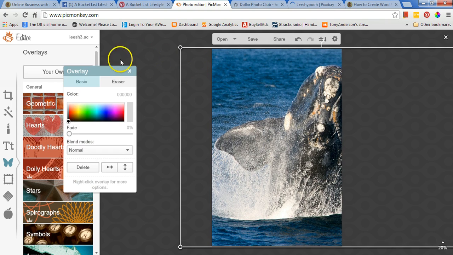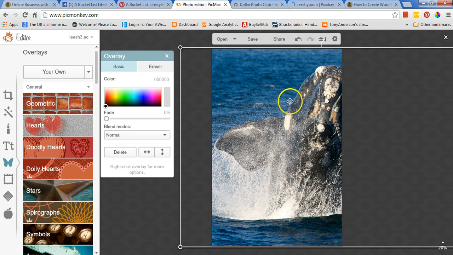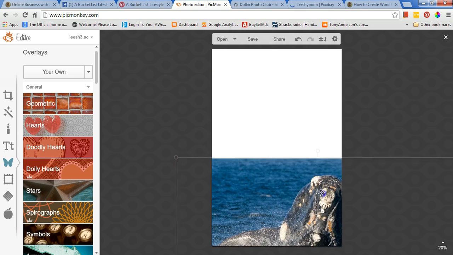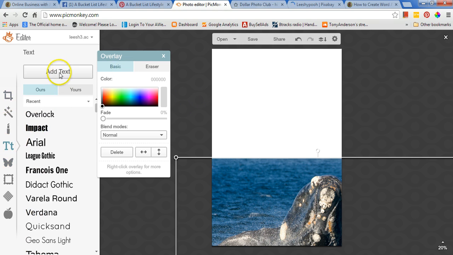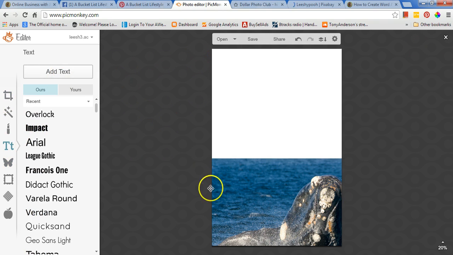Now, to make it easy to work with the text box, I'll move this image out of the way a little bit. I've got an idea of where the text is going to go, so I'll move this out of the way. And to insert text, you click on the text tab here on the left hand side, and then it takes its time. Okay, you can click on a blank space to let that selection go away, and then click on add text,